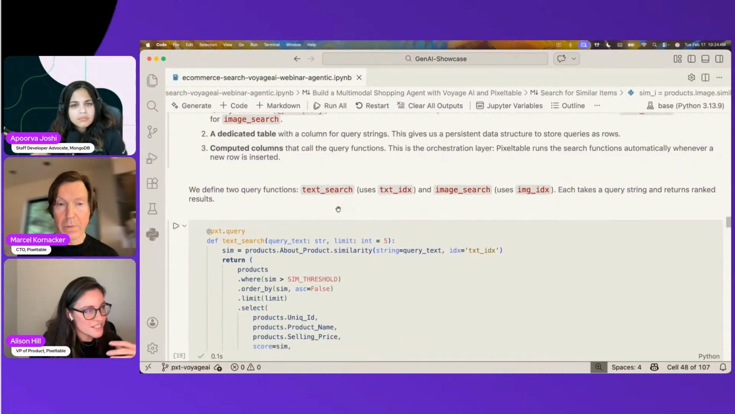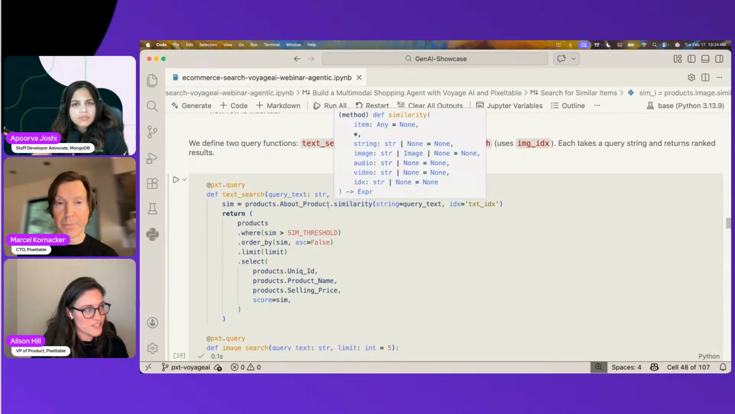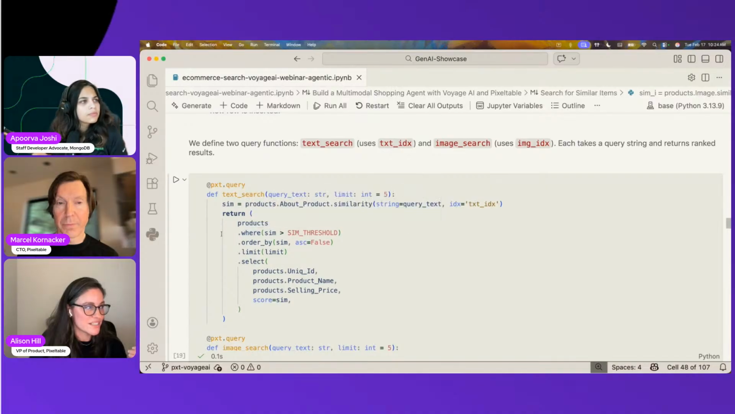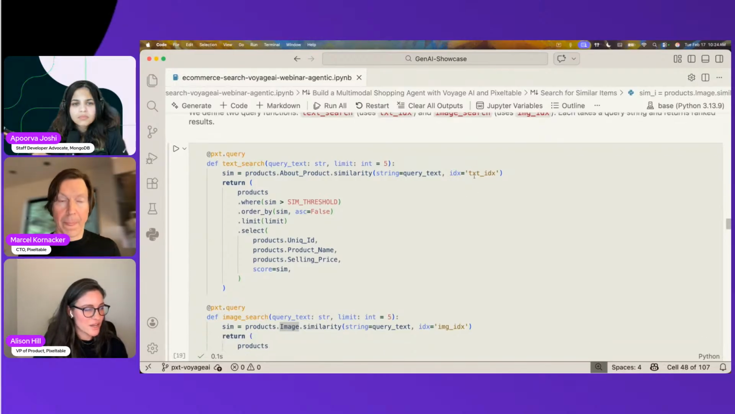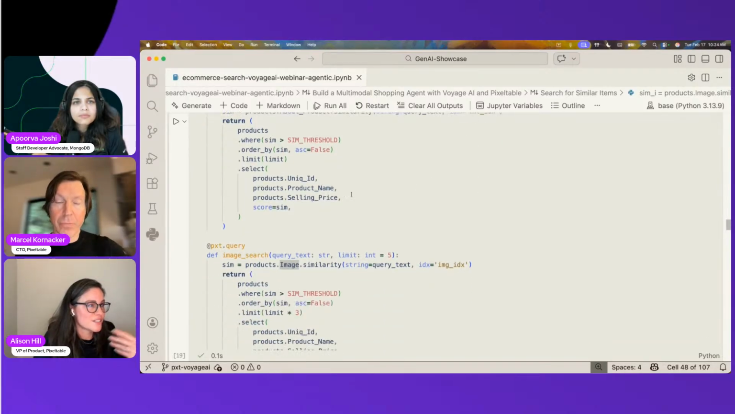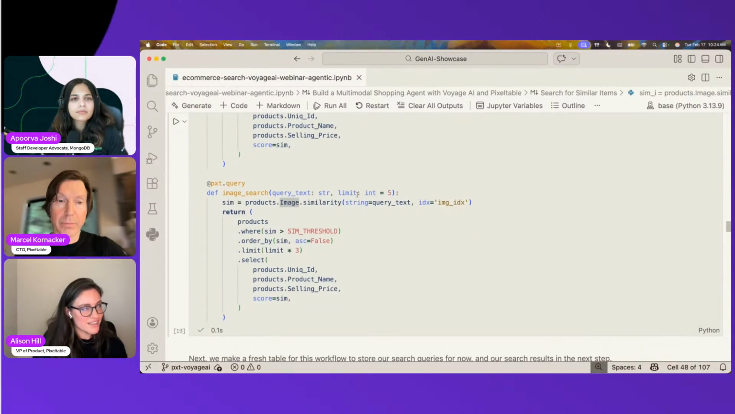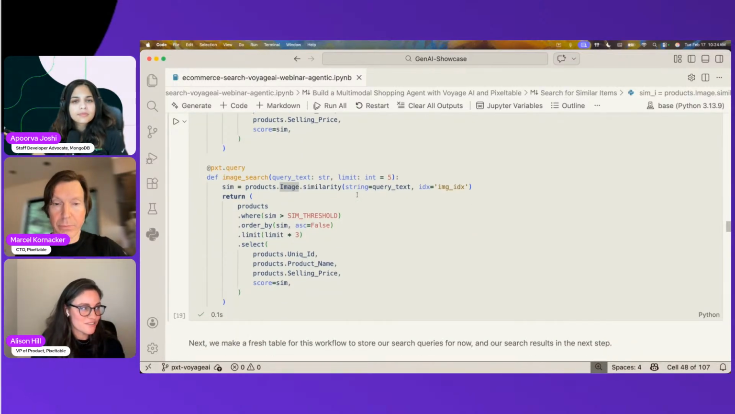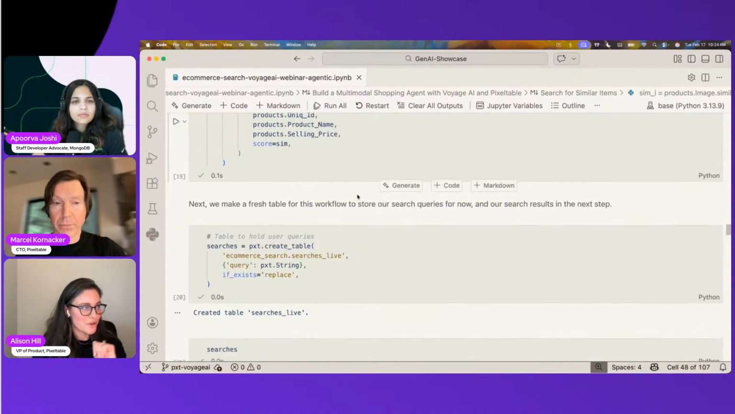So here I'm essentially just saying the same thing that I created before with my similarity searches, but I'm putting it into a PXT query. So I'm saying that my text search is searching with a certain query text, and it's searching this index, and it's returning the same fields that we looked at before. And then same with image search. So I'm just defining both of those two PXT queries, and then I'm going to use those in this new